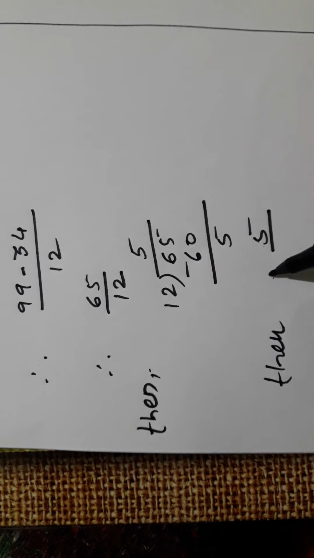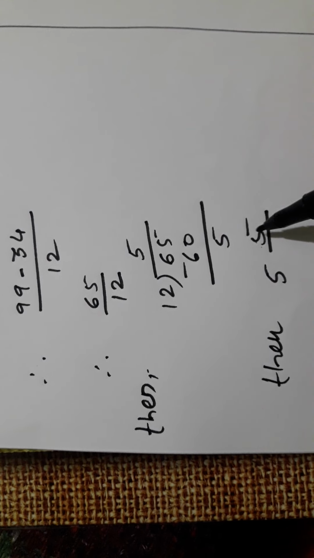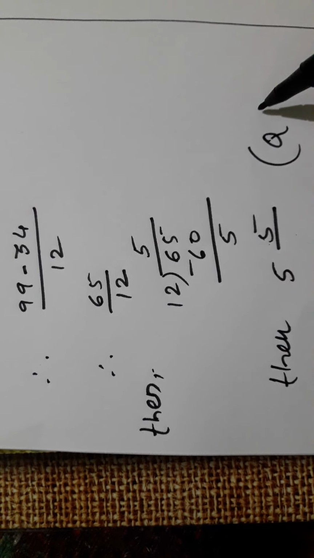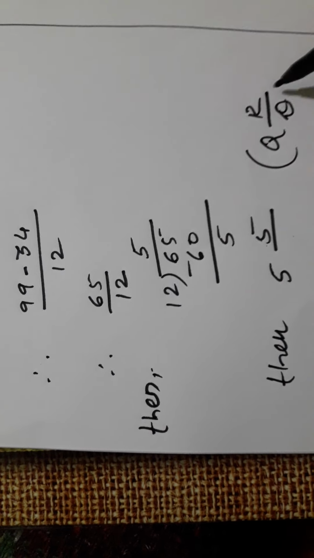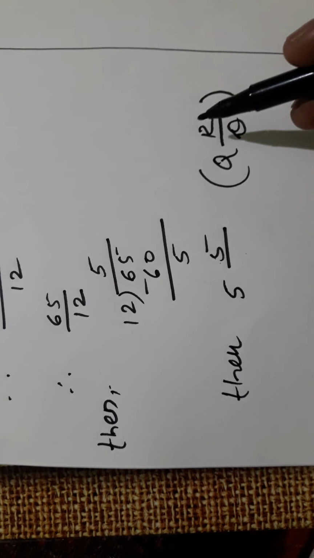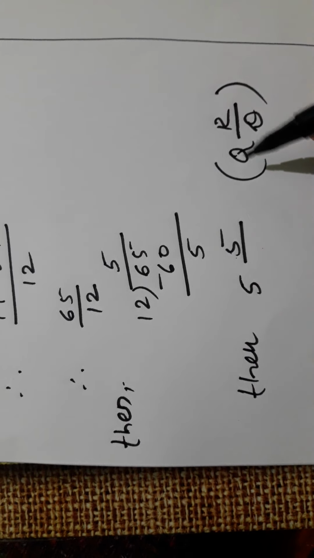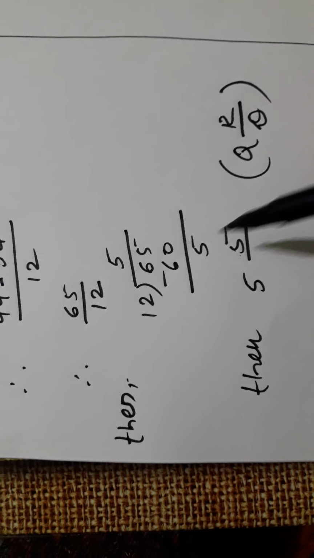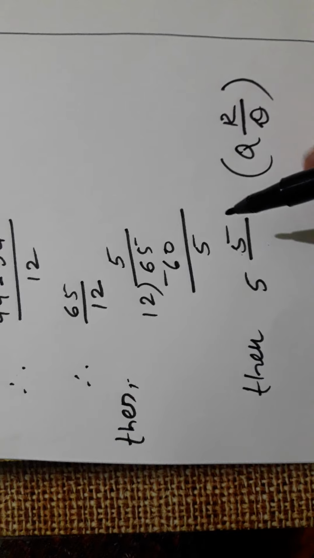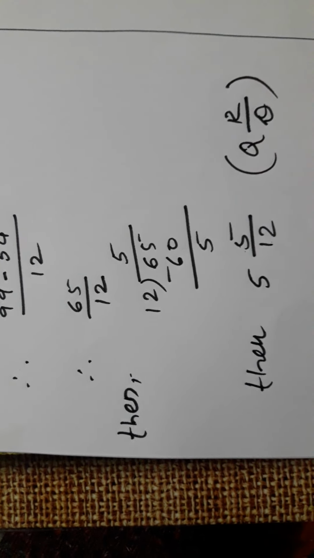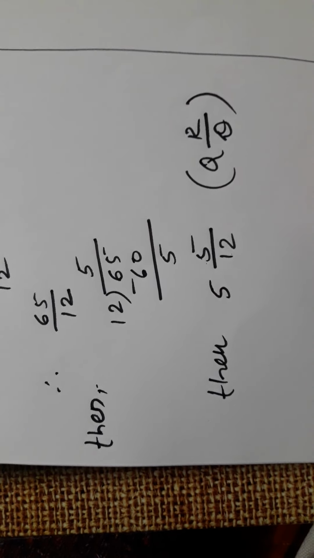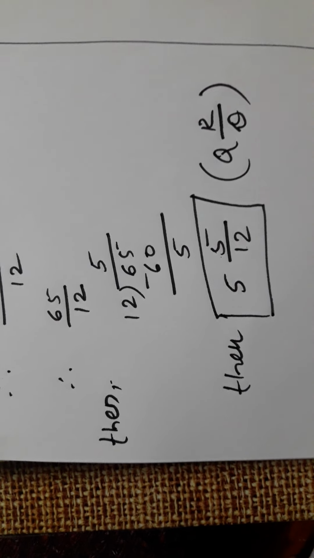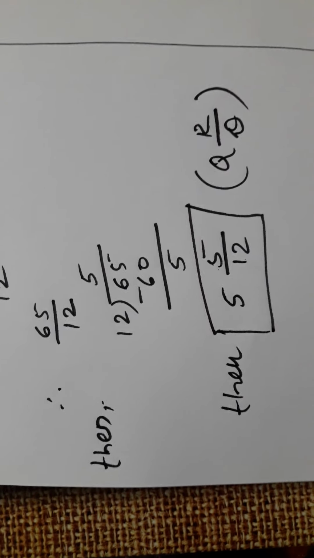Here we are writing quotient, here we have to write remainder, and here we have to write the divisor, like that, Q R D. What is the formula? Q R D. First of all, you see quotient 5. Here I have written 5. Then you see remainder 5. Then you see divisor. What is the divisor? 12. And this is the answer. Got the idea? QRD, very important formula.